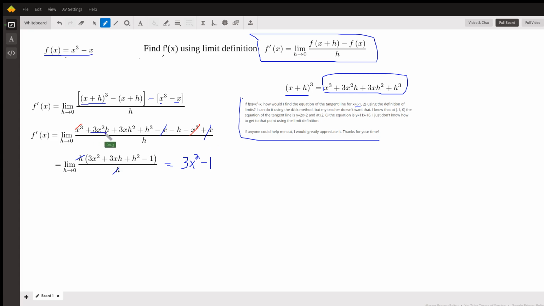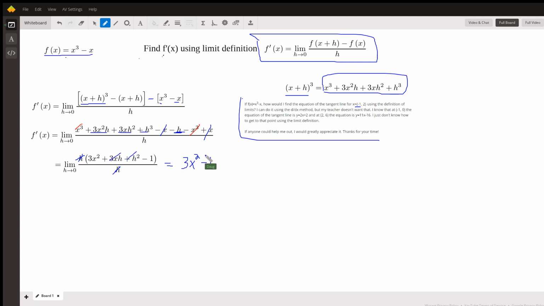And each of the terms that remains contains an h. So I can factor out that h. And I get 3x squared plus 3xh plus h squared minus 1 from that term right there. And now as h approaches 0 but not equal to 0, we can cancel out these h's. And then the limit of this numerator as h approaches 0, all these terms go to 0, and we get